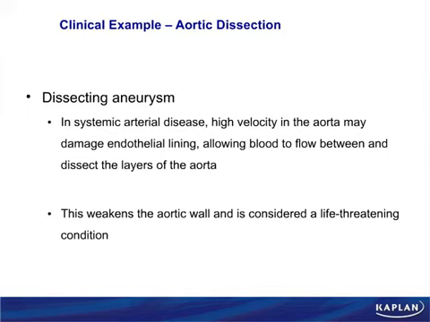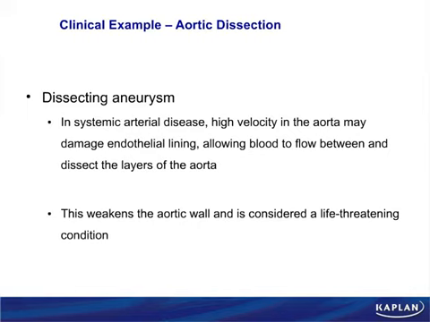In addition to an abdominal aortic aneurysm, we can also have what's called a dissecting aneurysm. So here's a clinical example of an aortic dissecting aneurysm. Systemic arterial disease, we get a very high velocity in the aorta because of the low cross-sectional area. Remember, as cross-sectional area falls, velocity goes up. Well, that velocity can damage the endothelial lining, allowing that blood